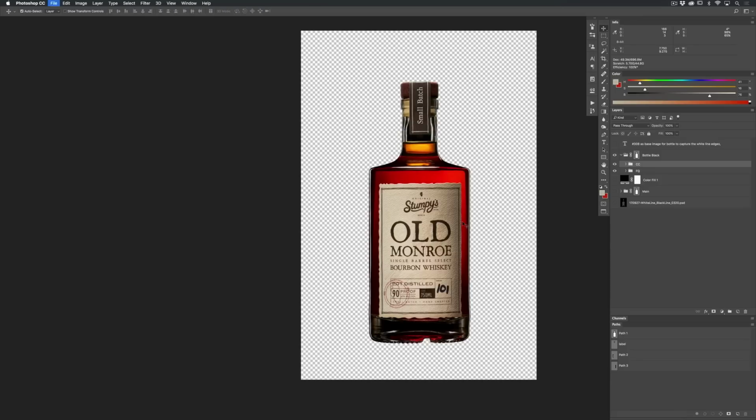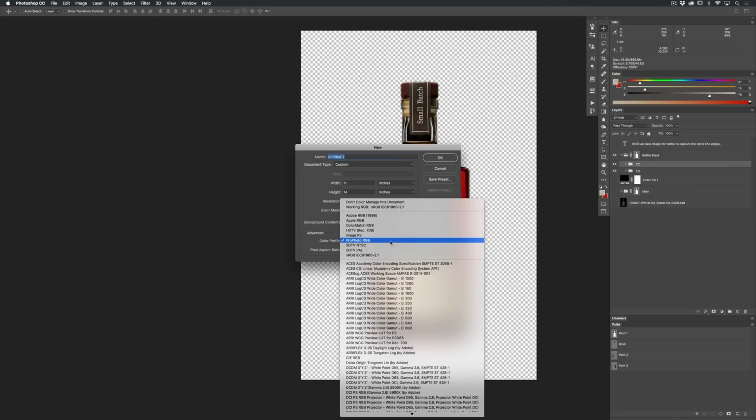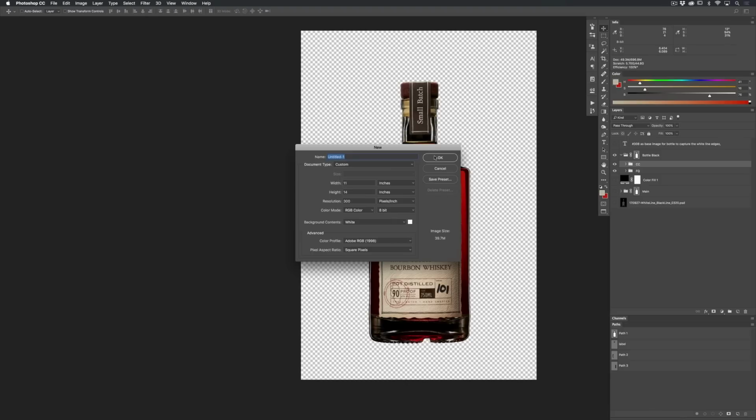Now I'm going to create a new canvas. Going to make it the right size, which is 11 by 14. I think we'll keep it at 300 DPI because it will be for print. Go to 8-bit, that's where I'm working. Make sure your color profile is aligned with your document profile for your new canvas, which is Adobe RGB. We're going to click OK,